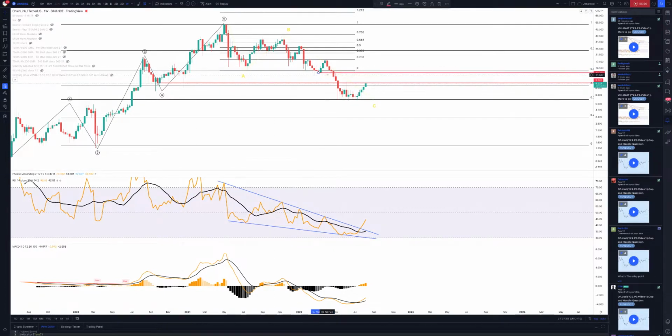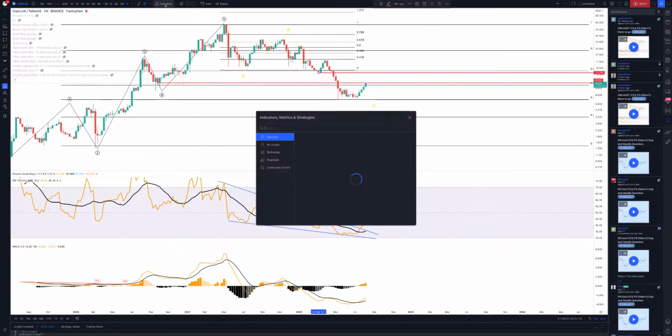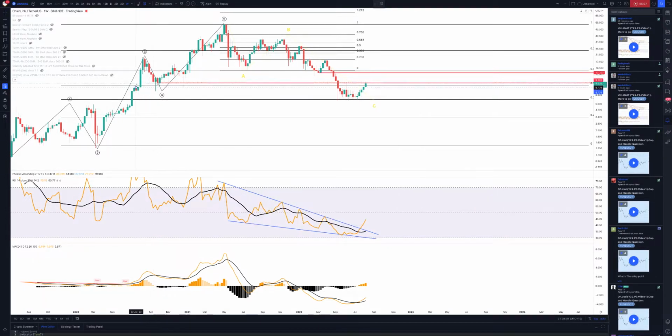I'll probably be using that more. Let's do the point of control. That lines up pretty much with the weekly, the point of control there.